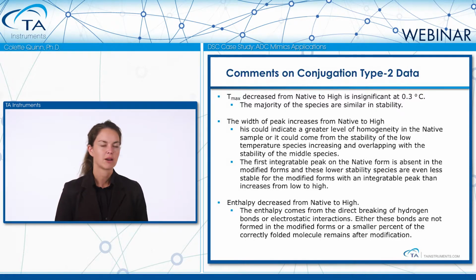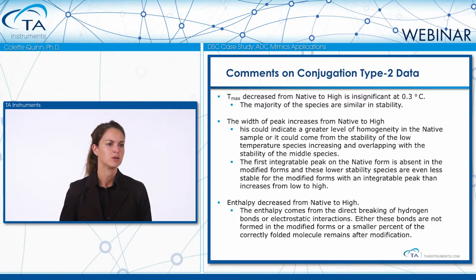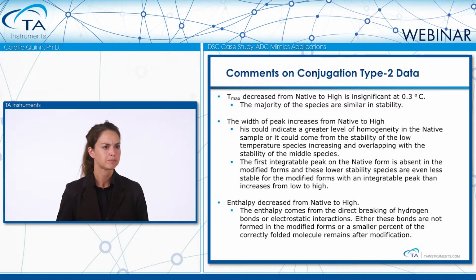So a few more comments on the conjugation type 2 data. We can see the Tmax decreased from native to high, but it was insignificant, less than 0.3. So we really can't put anything on the small 0.1 degree changes. The majority of the species had similar stability. The width of the peak actually decreased from